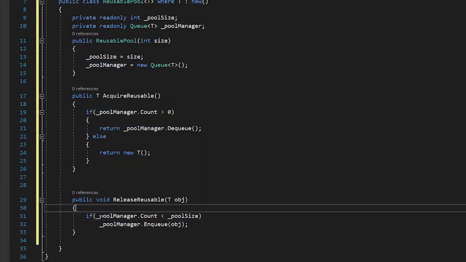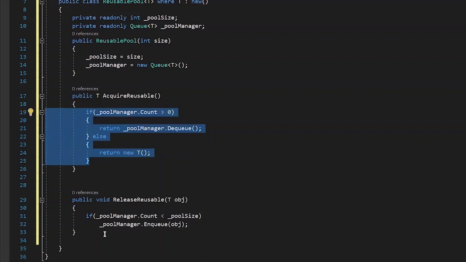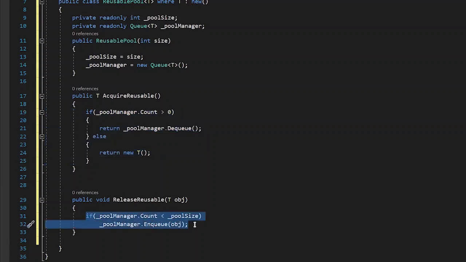Another thing is the issue with thread safety. There needs to be synchronization between this step and this step. Only one thread should be able to access this step at a point of time, so that it happens in a synchronized manner.